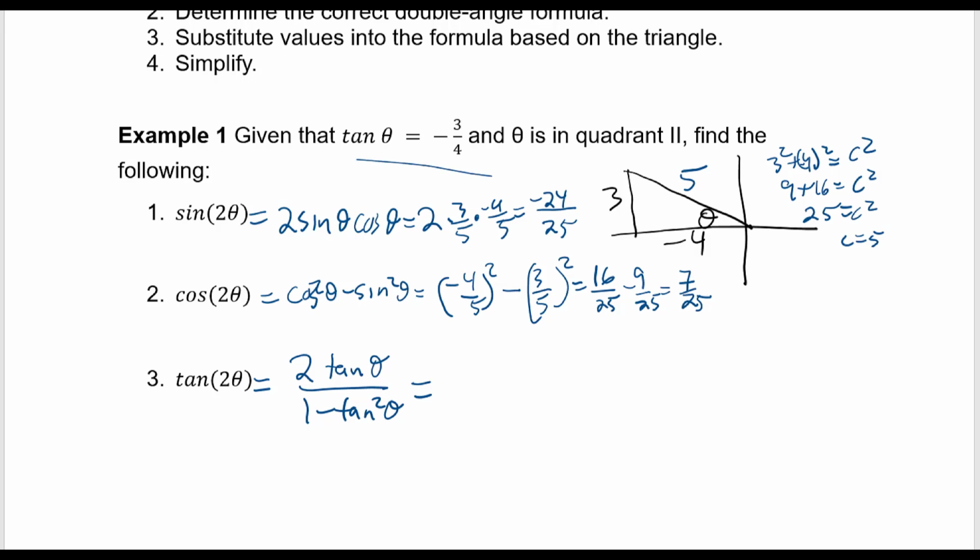So it's going to be 2 times negative 3/4 over 1 minus negative 3/4, the quantity squared. So negative 6 over 4. I guess I could have reduced that, couldn't I? Do that. Negative 3/2